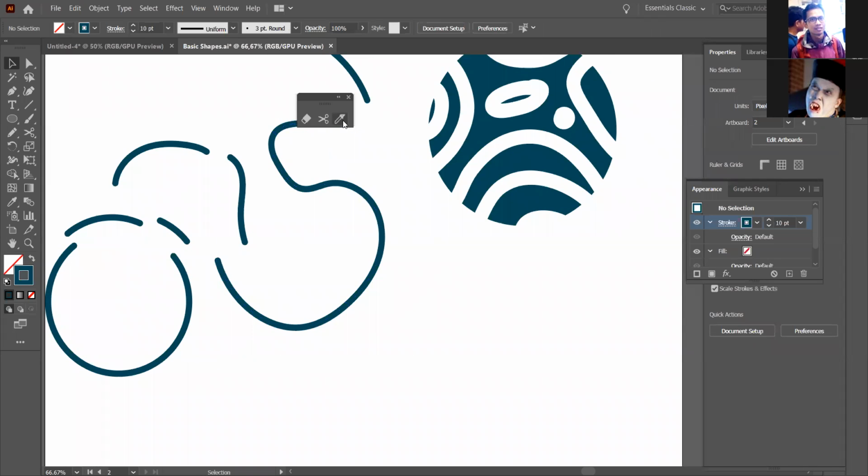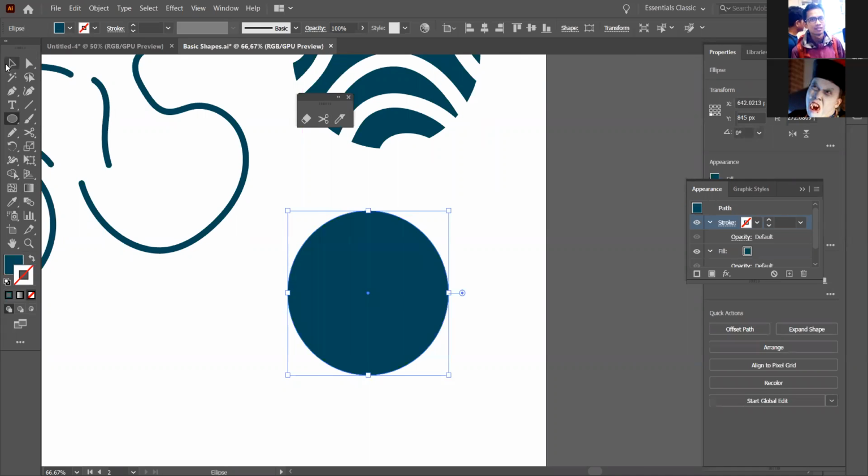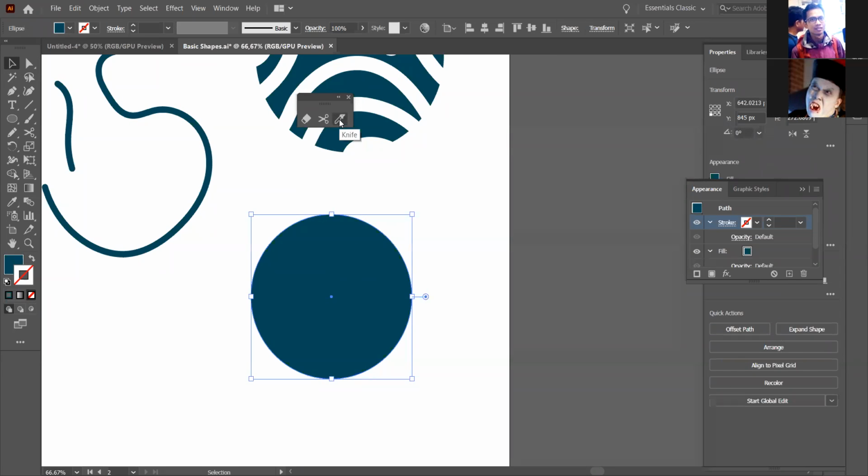Okay. A knife. Okay. A knife. Okay. Let's say I want to cut it into half, in an irregular shape. Okay, saya nak cut ni